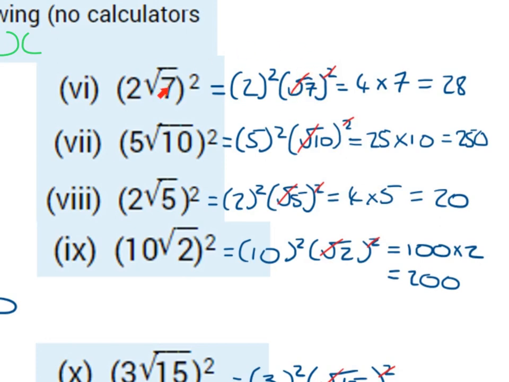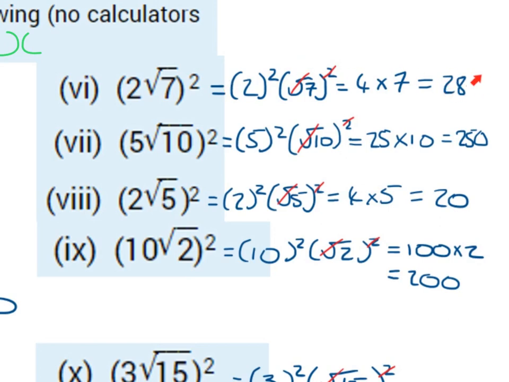So 2 root 7 to be squared is the same thing as 2 squared multiplied by root 7 squared. 2 squared means 2 times 2, which is 4. And the square root of 7 to be squared, again, the square root and the squared will cancel, leaving us with 7. And then we multiply 4 by 7 is 28. So 2 root 7 to be squared will give us 28. You can check this by putting it into the calculator,